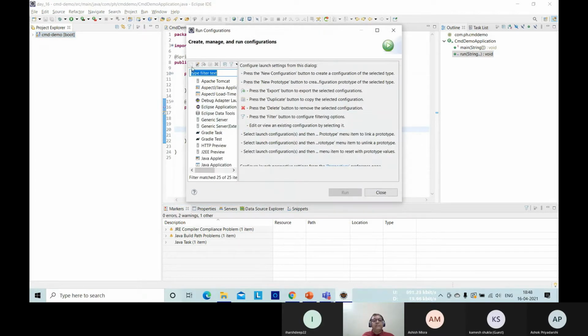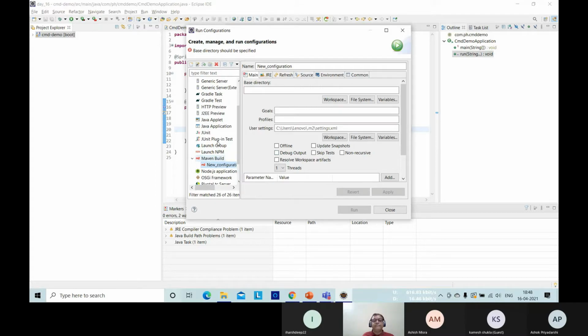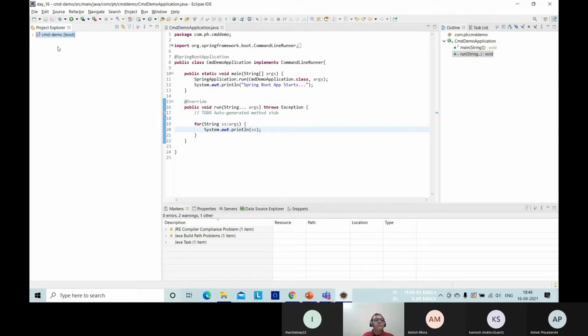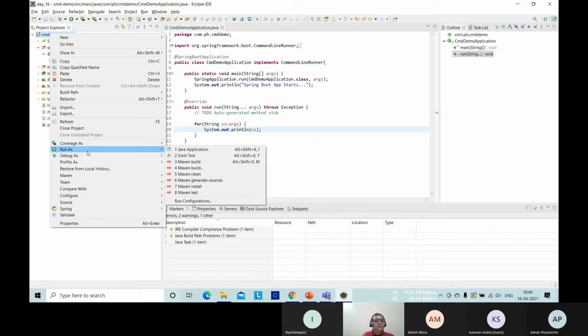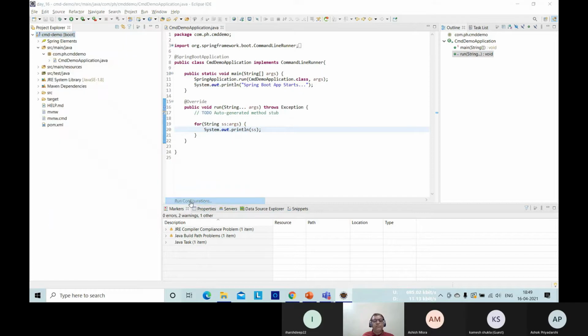Okay. In that Run Configurations, there's a new launch. Once it came, here is the application which is running. Let me close it once. Okay. Then right click, Run As, Run Configurations.